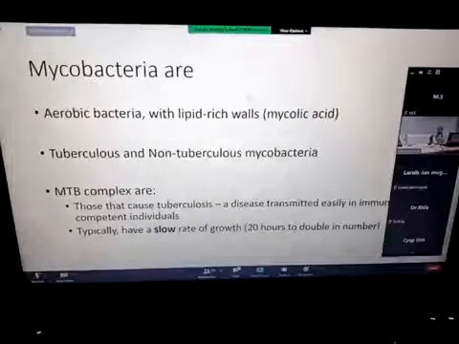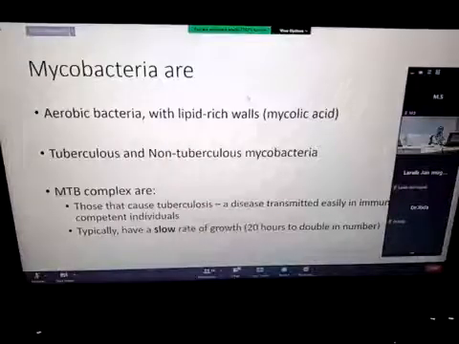Gram stain में सारे components जो है वो water soluble है, बहुत ही ज़्यादा water based है. So we need to remember this कि जाहिर है they will not be visible on gram stain. So we'll have to define it in another way. The other thing that we must remember is MTB complex are those 7 organisms that we're talking about. उनमें जो सबसे important है वो Mycobacterium tuberculosis itself है, and they are the ones, they cause a disease